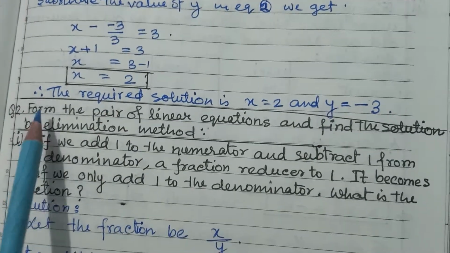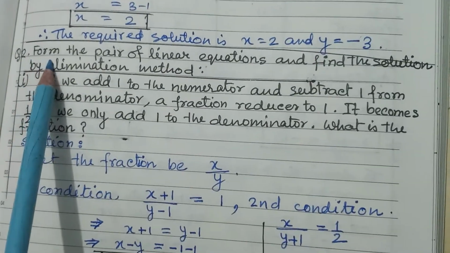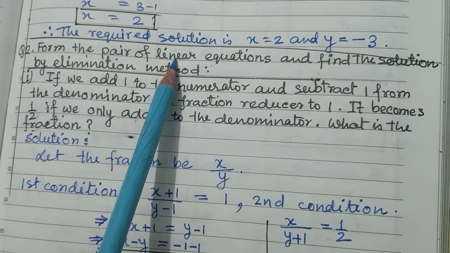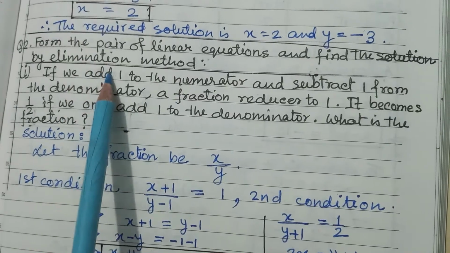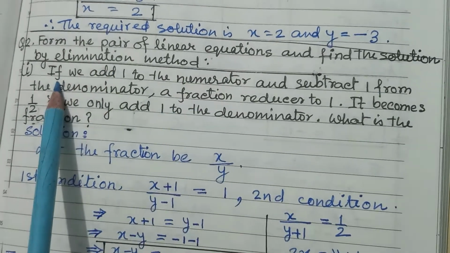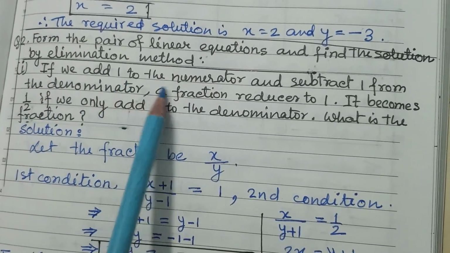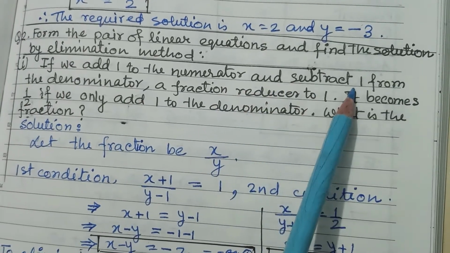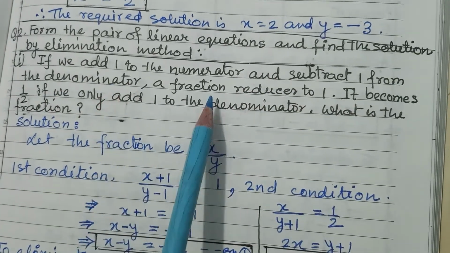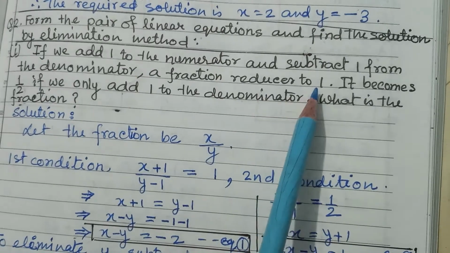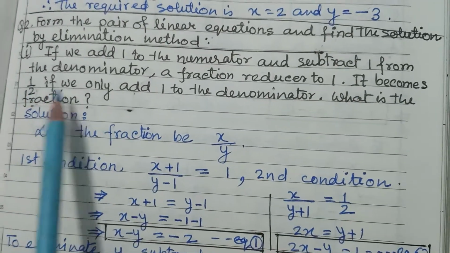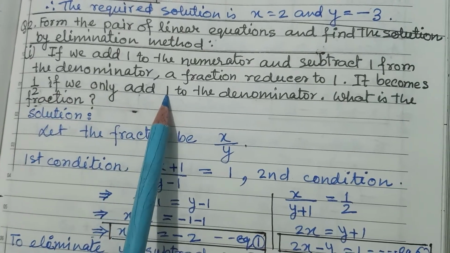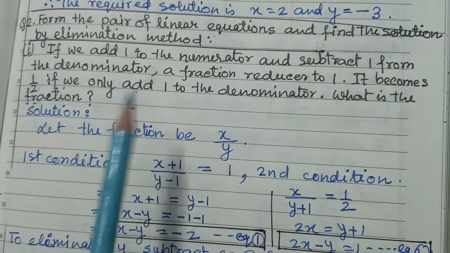Okay. Now the second question has given: form the pair of linear equations and find the solution by the elimination method. If we add 1 to the numerator and subtract 1 from the denominator, a fraction reduces to 1. It becomes half if we only add 1 to the denominator. So according to this